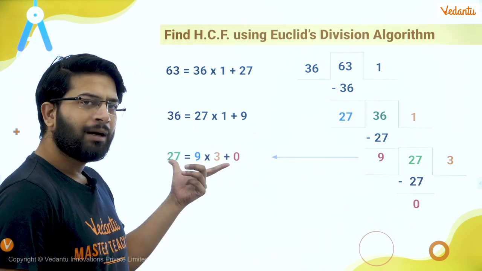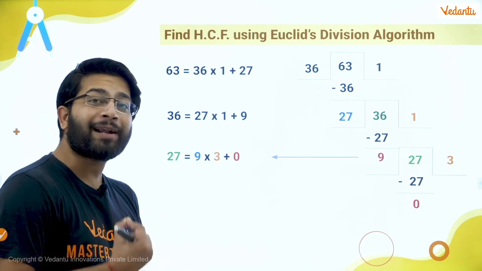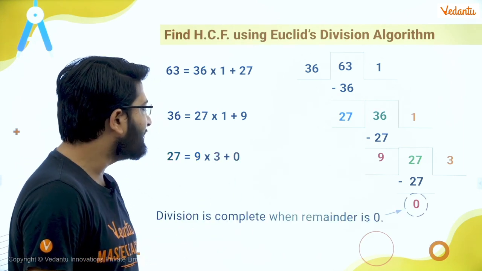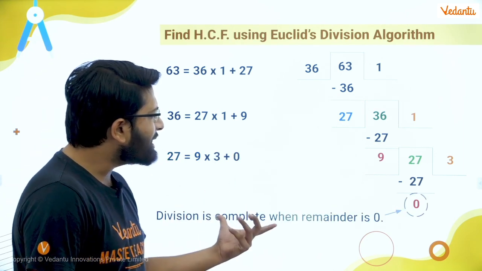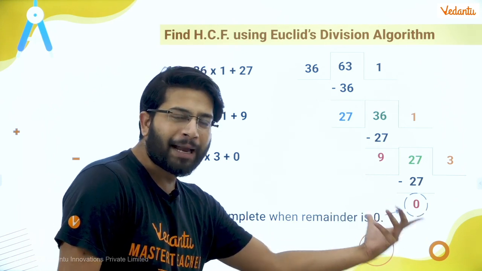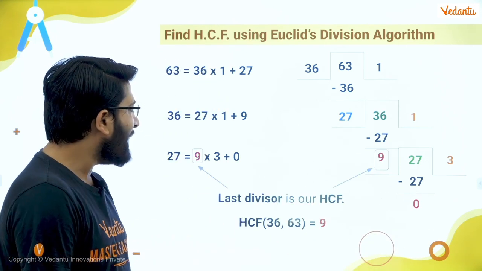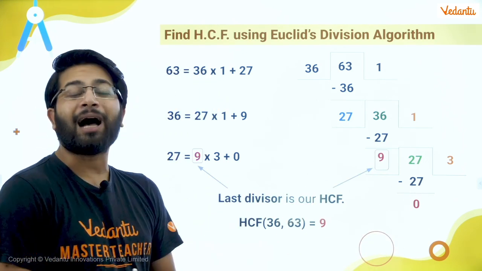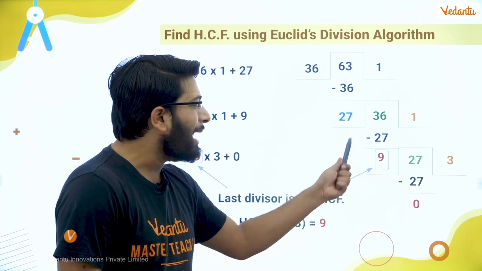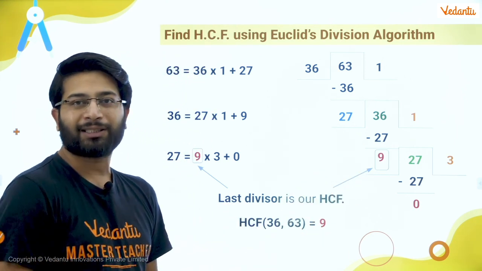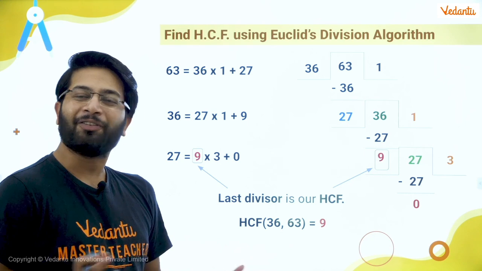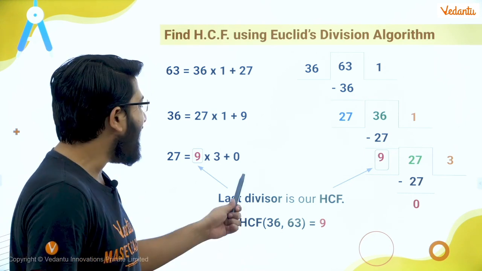See here. Now champ, in order to find the HCF, what will be the HCF? Very simple. Now we can see the division is complete. I am getting remainder equal to 0, bache, right? So the last divisor is our HCF. The number by which we have divided in the last, that is my HCF. Very easy. Is this clear? Excellent job.